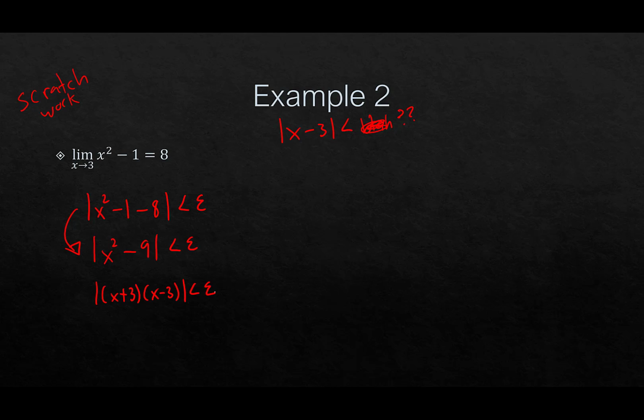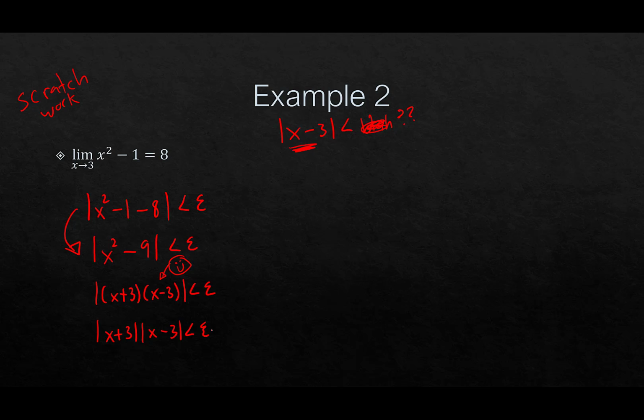Okay, and then, well, first of all, this should make us a little bit happy because remember our end goal is somehow getting an x minus 3, right? Well, so here, we should be a little bit happy, okay? However, we're actually kind of hitting a roadblock in a way because now if we use our absolute value property, remember the absolute value of a product is the product of the absolute values, we get this.